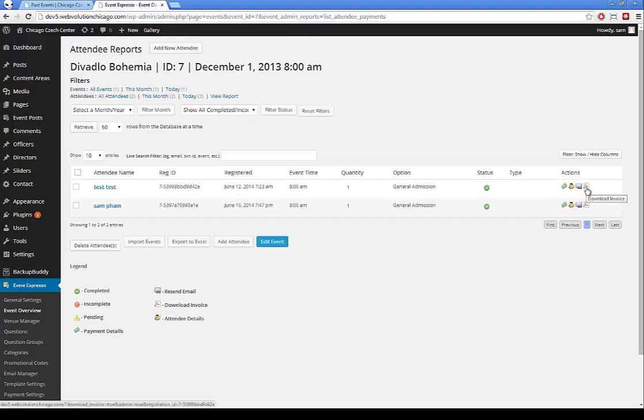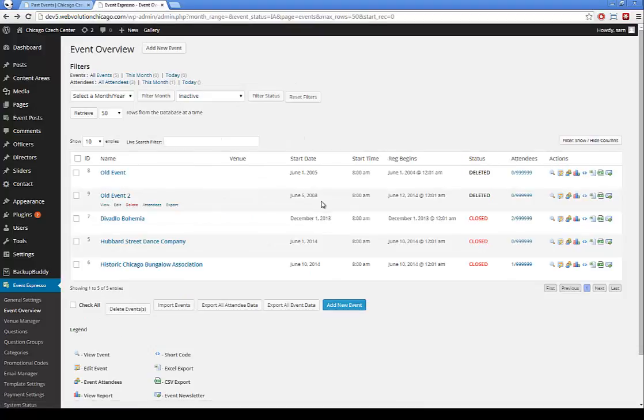You could download the invoice that was provided to them. Not exactly sure what that is, but you can also resend them the registration details, edit the attendees, and so forth. I'm not sure how important that is for this particular business. But I would think something that would be important would be the ability to export out